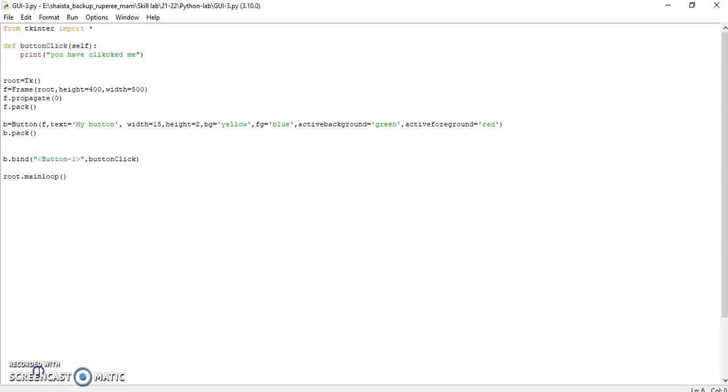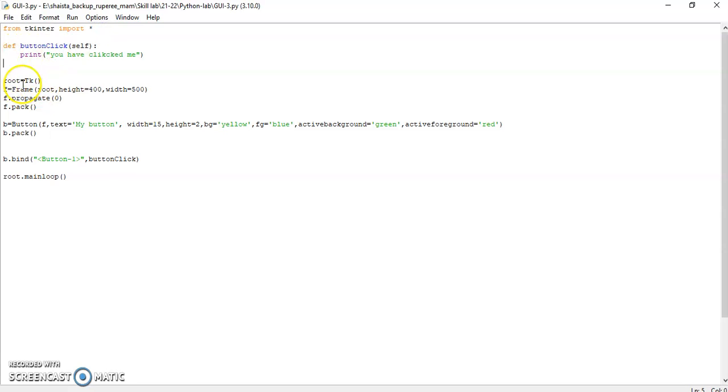So frame is another type of child window, where widgets can be created. Widgets are nothing but buttons, menus, labels. These are the different widgets that can be created and we can use them for some application. So here, first of all, we'll see how to create a button. First of all, we know that we have to import the Tkinter module, and after that,